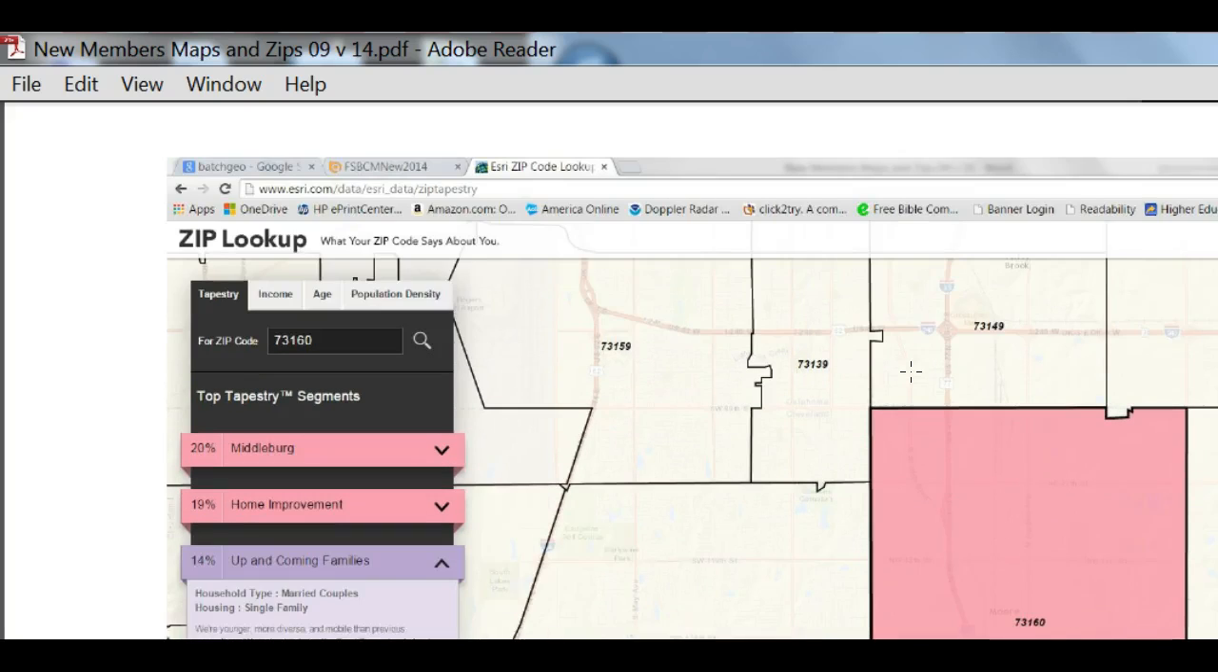And then there's the third segment in 7360. That's the up and coming families. That's the one I mentioned to you that's shown up in 3 different zip codes. You definitely want to take a look at that, because these segmentation blurbs tell you a lot about services that we might offer, or programming you might offer,